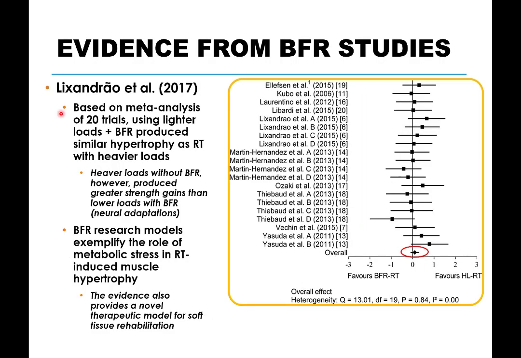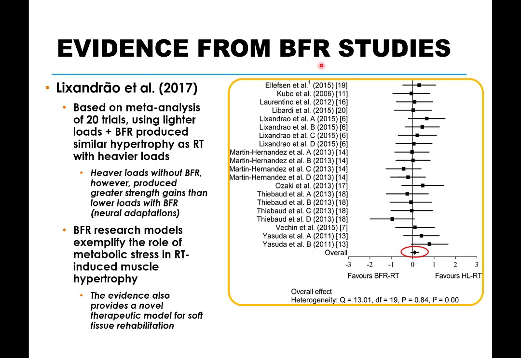So what does the scientific literature say about BFR and its efficacy in producing hypertrophic adaptations compared to high load resistance training without BFR? Now, as you get more familiar with reading scientific studies, you will understand that the strongest evidence comes from meta-analyses. A meta-analysis is a quantitative analysis of data derived from a body of studies that examine the same thing, such as the effects of BFR training on muscle mass. Here we have a meta-analysis from 2017 on 20 separate BFR trials. Of course, since then, there has been more meta-analyses produced, and I can link you to those, but not much has changed since 2017 in terms of the consensus regarding the efficacy of BFR training.